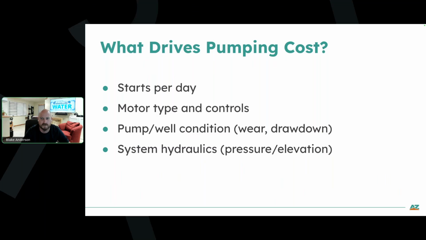Some of these things you just can't do a ton to change, like the elevation of your tank is pretty well fixed. But you can look at things like, does my manifold have restrictions that are increasing head as we're trying to push out a bunch of water? If you're pushing into a pressure zone with the booster, do we have to run it 55 to 60 psi? Could we go down to 50 to 60 and keep everybody above minimum thresholds and gain better efficiency? Can you move those set points to really match what your pumping curves call for? Those are all things that you can kind of start to look at from a system hydraulic standpoint.